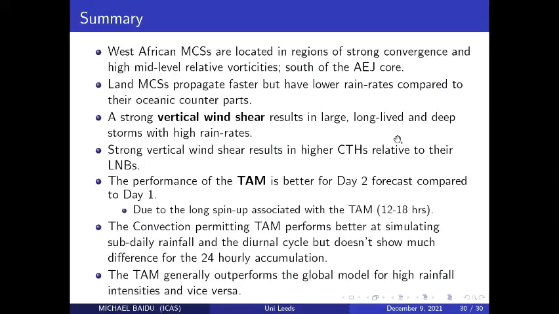So at least if you pick forecasts that were initialized at 0.6, you know that the spin-up time currently is about 12 hours. So after the first 12 hours, everything should be okay. So that is what's worth noting. And the first question, Prof, please, you were asking about the